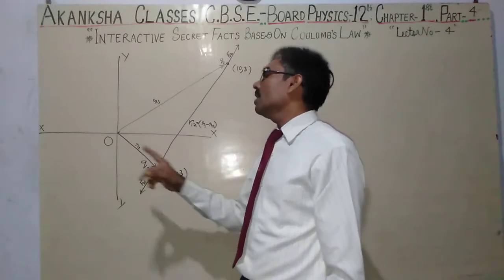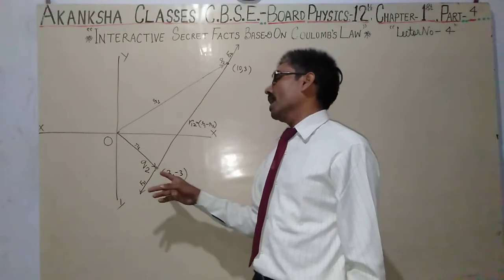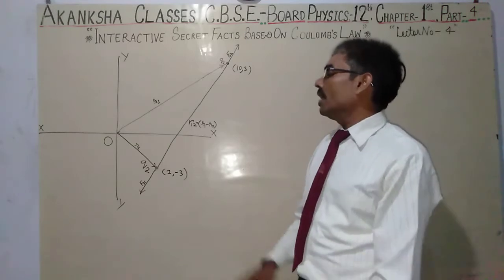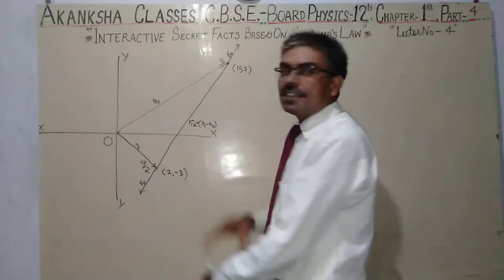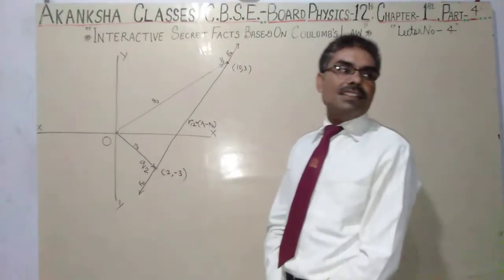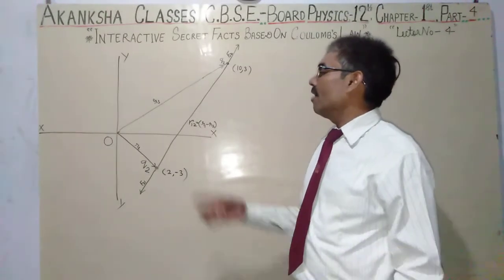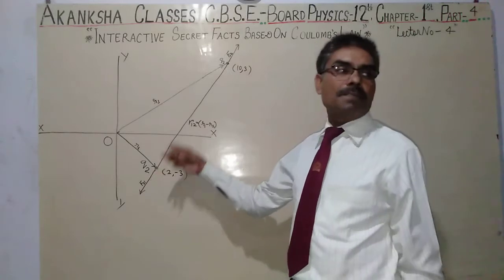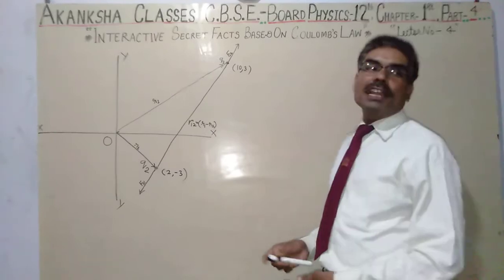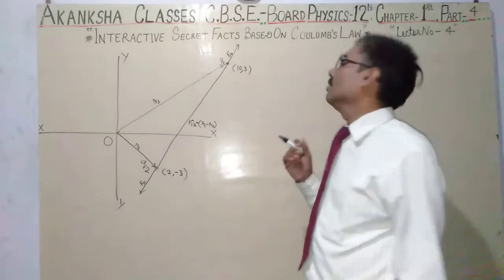This position vector starts from the origin and goes to charge 2, hence represented by R2. Students, this is the actual distance between Q1 and Q2. Just imagine how we find R, that is the separation between them. Students, this is a Cartesian plane and we can find R by using the distance formula.